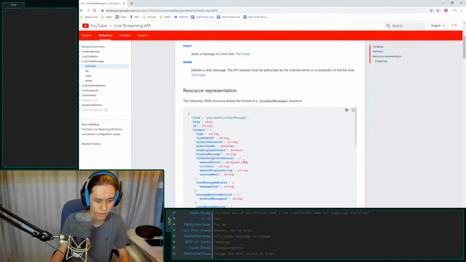The chat is not in order. Chat is not in order. As far as I can tell, it looks exactly the same. You sent 2 in a row.